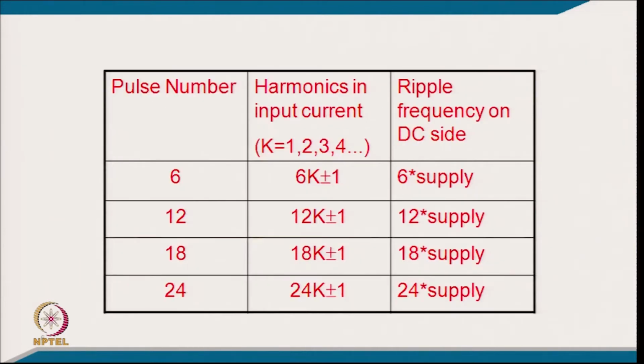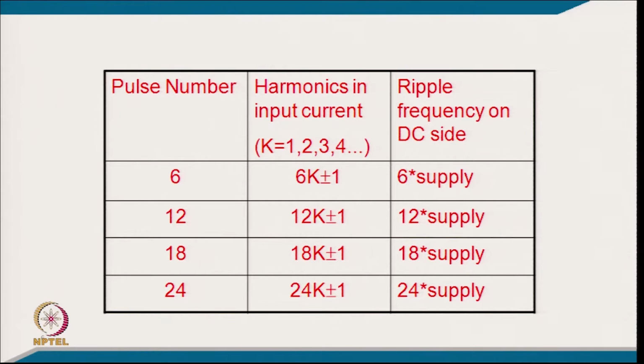on. Well, this is typically the kind of table where we have the number of pulses in the converter, like 6, 12, 18, 24 in normally used converters. Some people call it also a conventional converter, and harmonics in the input AC mains current, where K can be a positive integer like 1, 2, 3, 4, and then the ripple in the output DC source. So, typically for a 6 pulse converter you will have harmonics of 6K plus minus 1. For example, for 6 pulse you will have the 5th and 7th, and next, corresponding to K equal to 2, will be 11, 13, similarly 17, 19 for 6 pulse, but for 12 pulse you will have